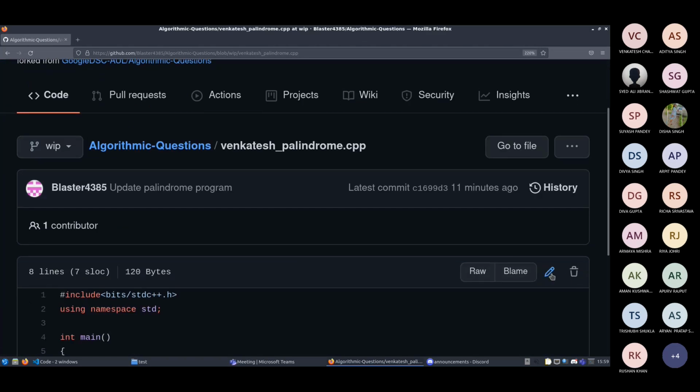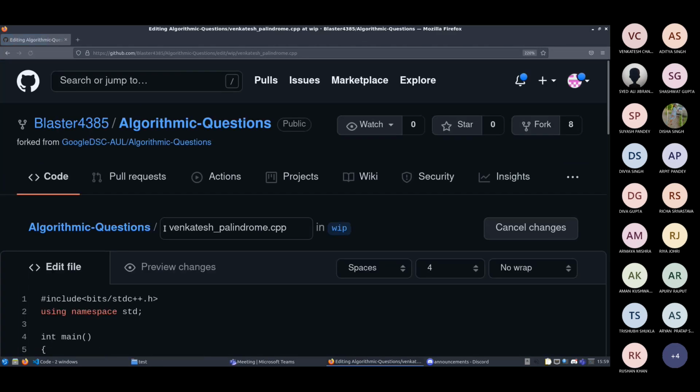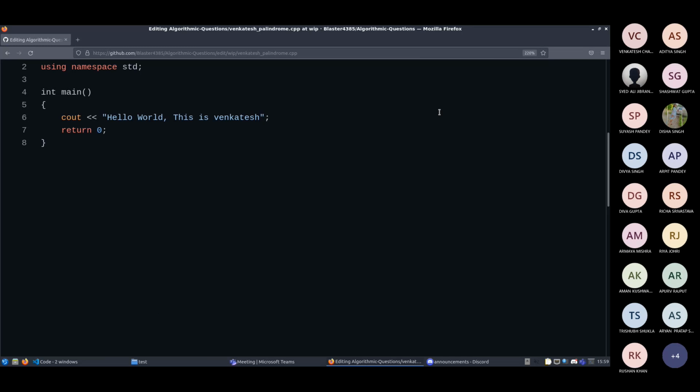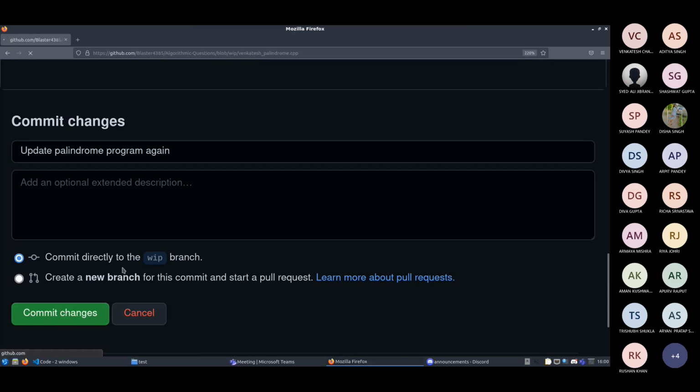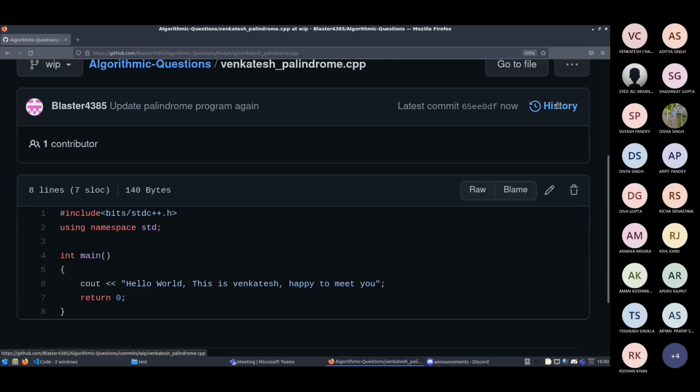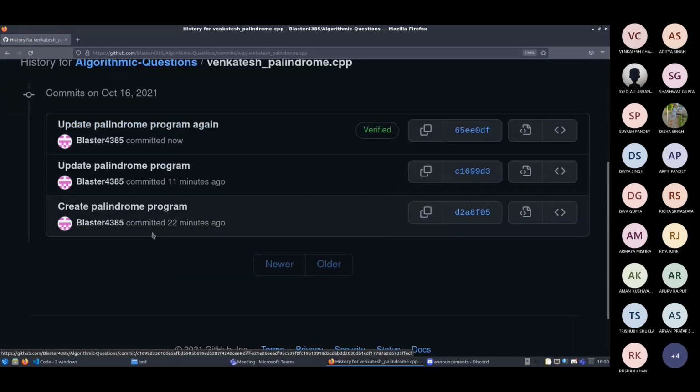I edited directly through GitHub, and then I committed. Now see, there are 3 commits on this repository, but on my local system there are only 2.